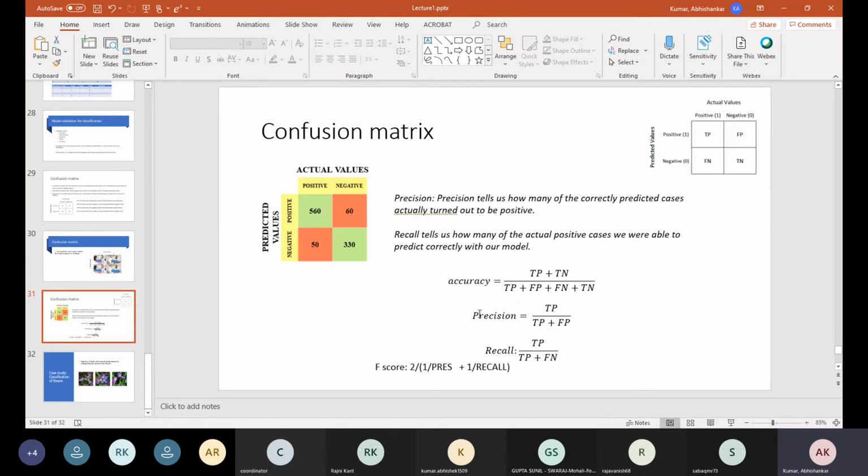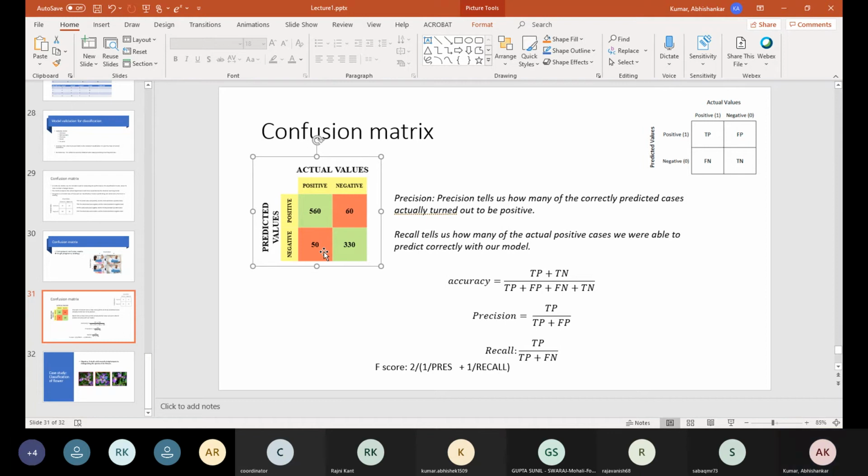Once you have this, you can calculate precision and recall. For precision, you take true positive divided by true positive plus false positive, so you go horizontally, and for recall you go vertically. That is easy. And the F score is the harmonic mean of precision and recall.